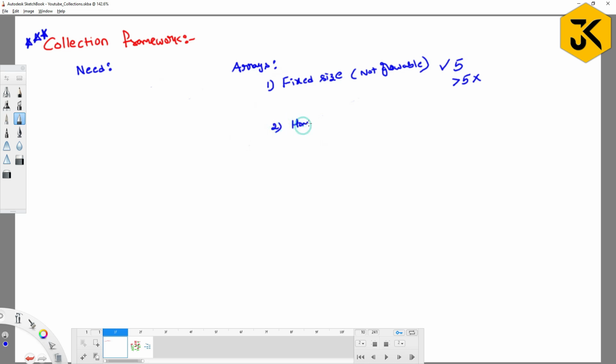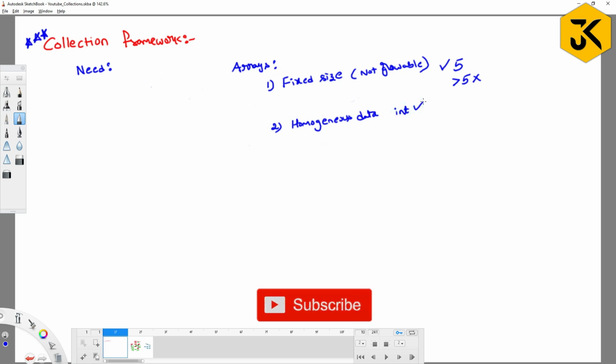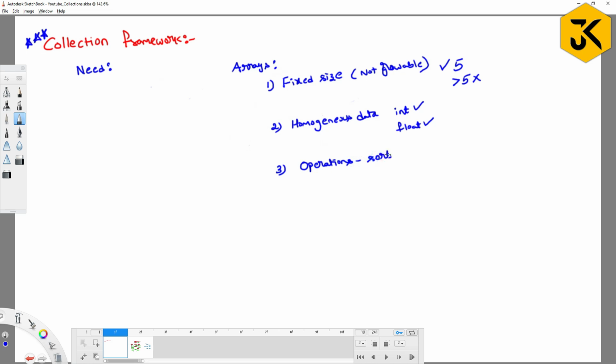it can store only homogeneous data. If I define the data type of the array as integer, it can save only integer values. If I define the data type of elements as float, it can save only float values, but not heterogeneous data. And one more drawback is, once you declare an array, you can perform various kinds of operations on it, something like sort, etc. But for every kind of requirement, we have to write the logic manually.